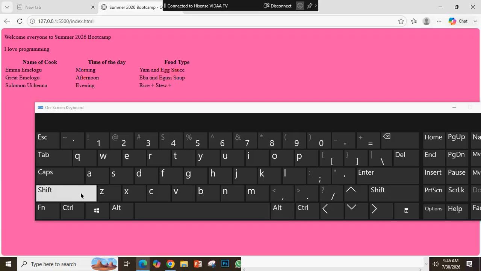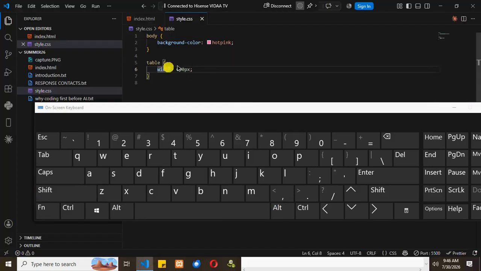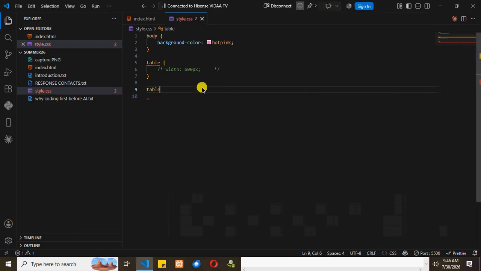So my cursor is here. I press Control /, and it is commented out. Then I press the Enter key. Let's do something else. I'll come here and say table. Let me minimize this keyboard again; I don't need it for now. I can say table, comma,